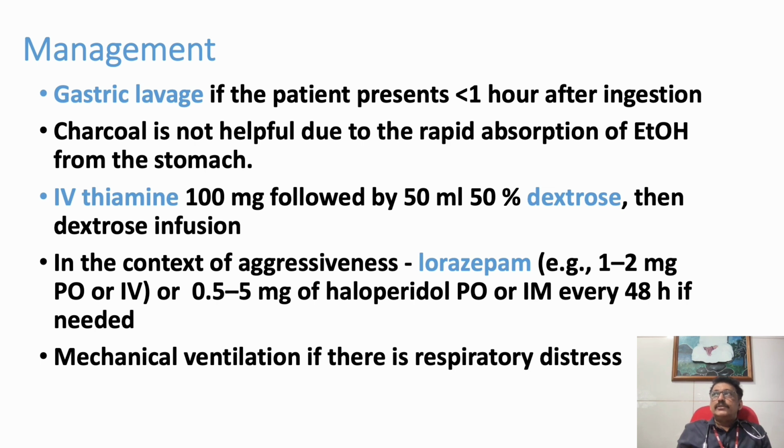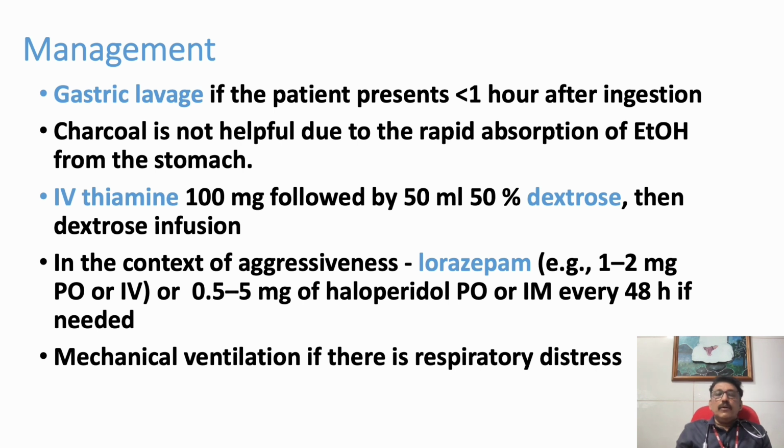So when we give dextrose, there will be an acute reduction of thiamine in the central nervous system, and the patient can have altered behavior and Wernicke's encephalopathy and all. So thiamine should be given either along with dextrose, or as an initial bolus you can give thiamine, then add dextrose. Both are possible. So thiamine plus dextrose should be given. Never give dextrose alone, that will produce severe Wernicke's encephalopathy if there is already a pre-existing thiamine deficiency.